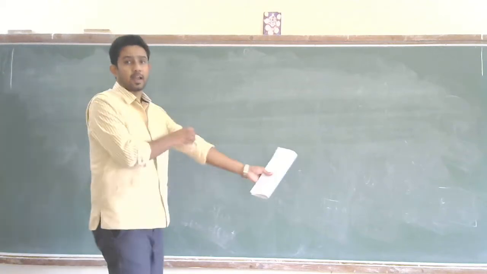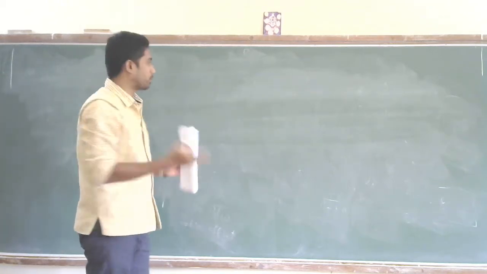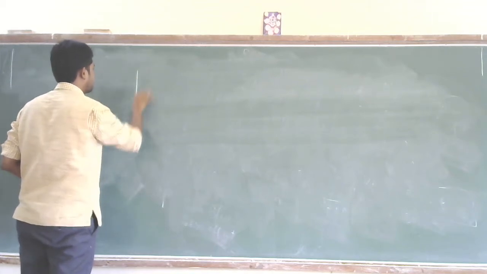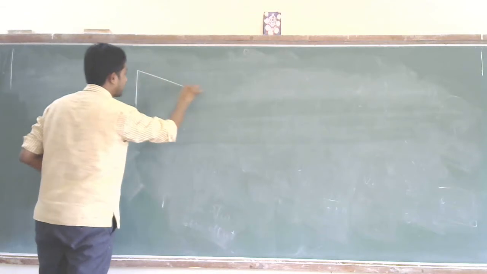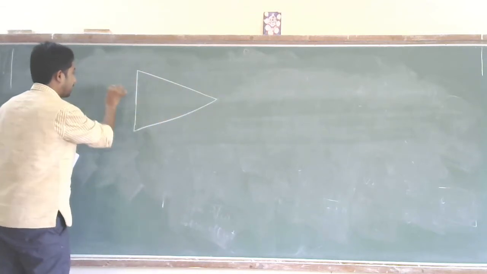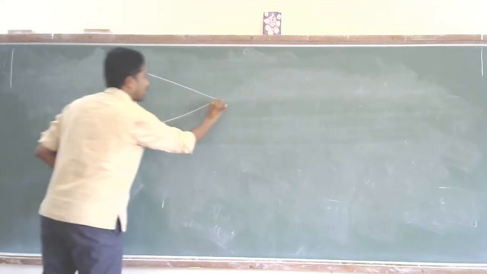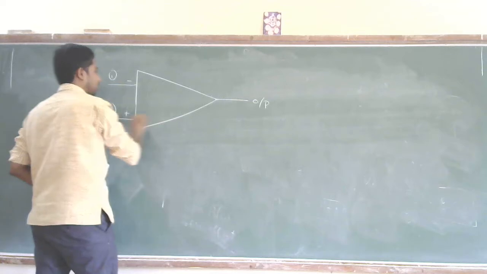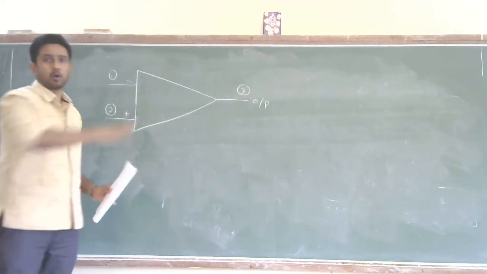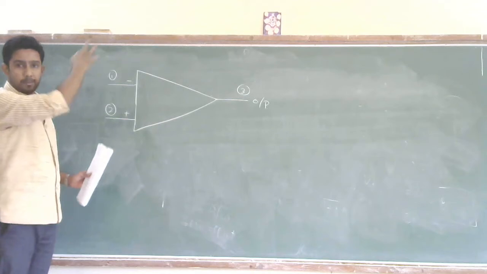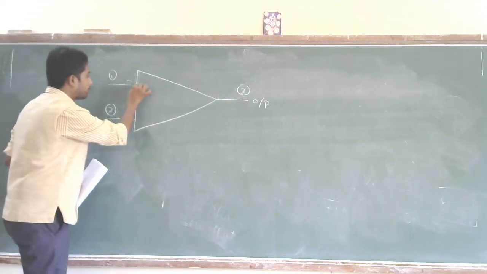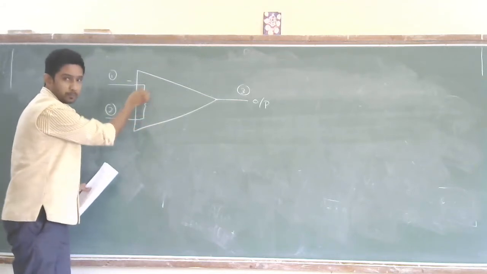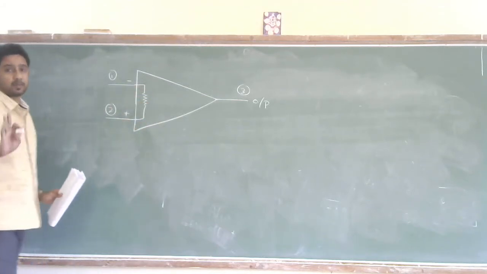If I want to consider any amplifier block, I can write the amplifier block something like this. Or if I consider the op-amp itself, it has two inputs and one output. I'll not bother about the power supply and all those things. Now, if I consider this amplifier, the op-amp, the input resistance or the input impedance of the op-amp is here. Please remember, sometimes it leads to confusion.